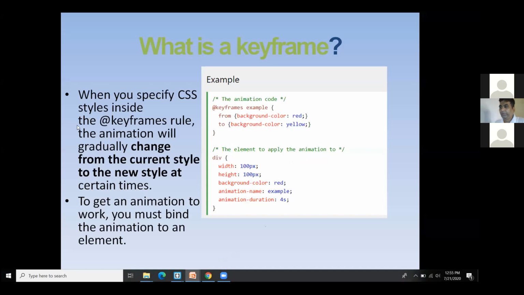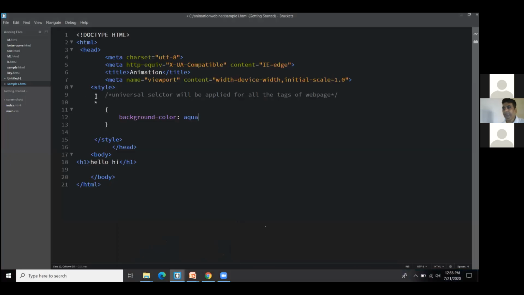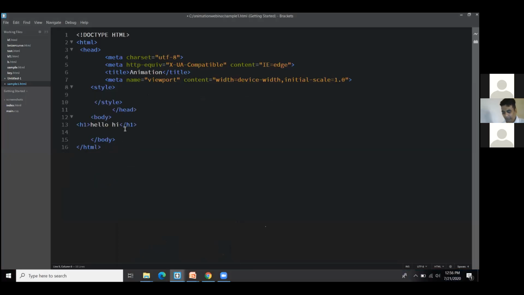I'll just show you a simple keyframe example which will be changing the background. To declare a keyframe, you need to write @keyframes followed by the name. Here I'm declaring a keyframe and its name is example.